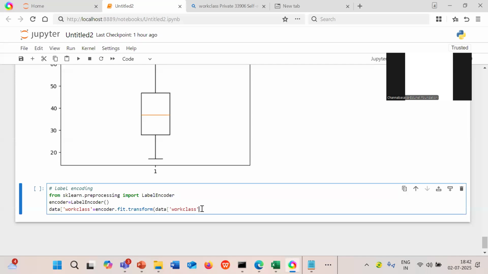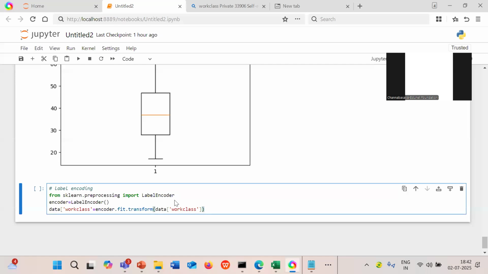Data of work class. Okay. This is the syntax that we will do after completing this categorical conversion to numerical values. Okay, got it, students, it's a really good step.